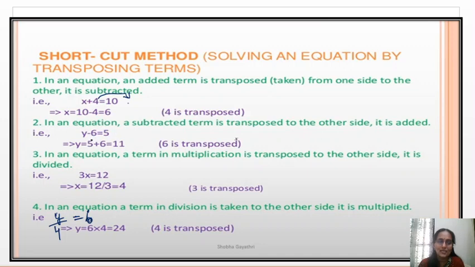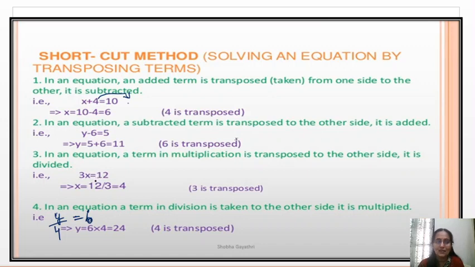So while 6 is transposed to the right side, the minus has become plus. You got the answer as 5 plus 6, 11. It is the value of y. Y is equal to 11 is the solution of this equation. In an equation, we have explored addition and subtraction sums. Now we will explore